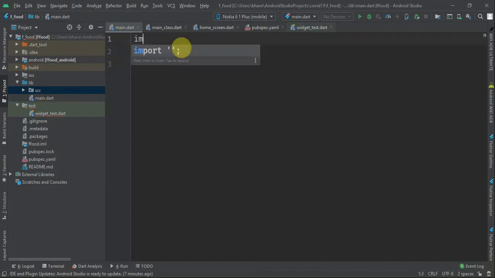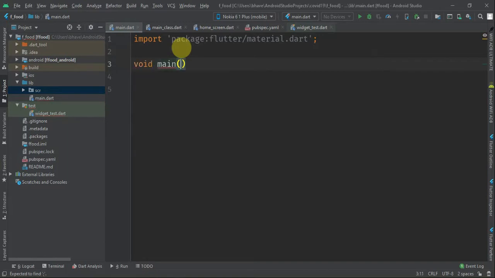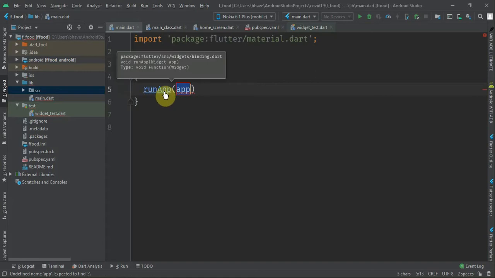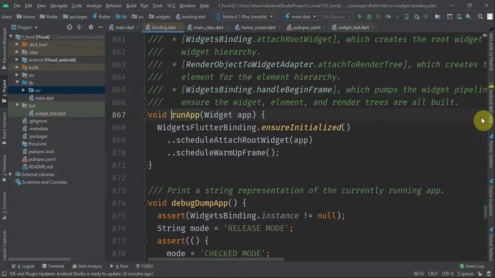So what I will do is I will import material.dart. Why am I importing material.dart? Because that is the simple and easiest way. When I call the main method, in that main method there will be a runApp function, and it will definitely be coming from material.dart.